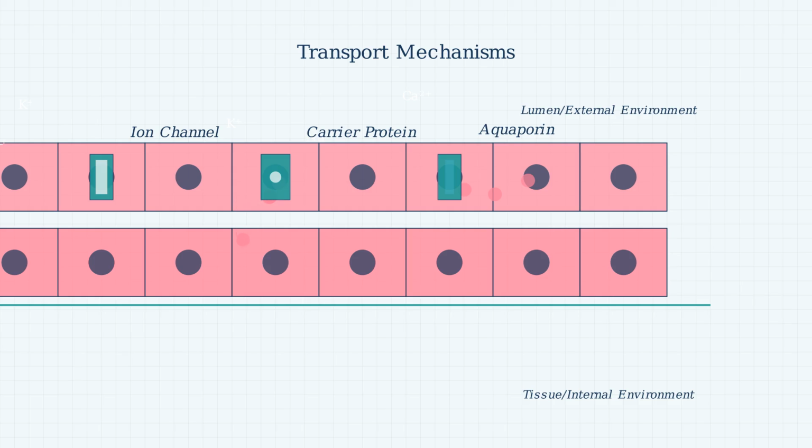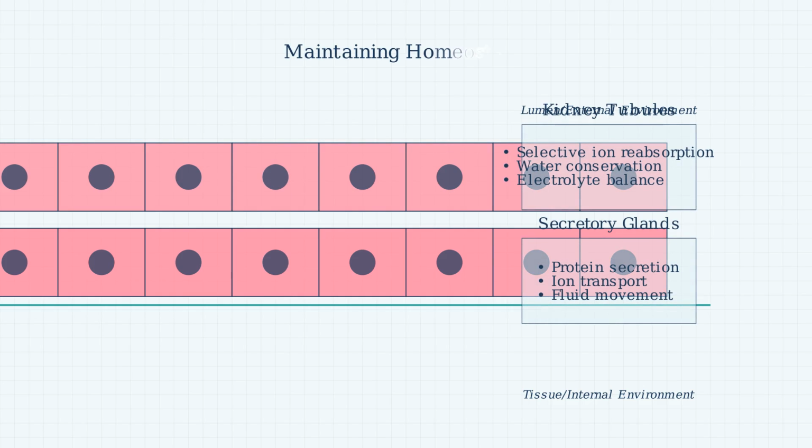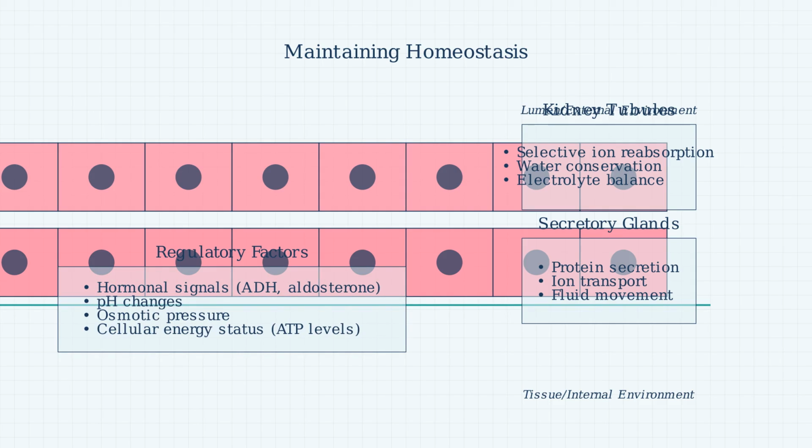Ions like sodium and potassium move through specific channels in the cell membrane. Stratified cuboidal epithelium maintains homeostasis in specialized tissues such as kidney tubules and secretory glands. Exchange processes are regulated by hormones like ADH and aldosterone, as well as factors such as pH, osmotic pressure, and